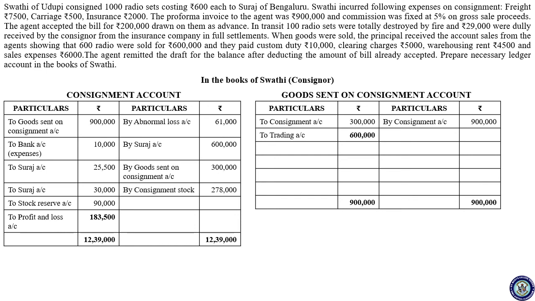So they have asked you to prepare the ledger accounts in the books of consignor, that is Swati. We have done that. In the incoming week, you have the internal examination, right? From Financial Accounting 2, you have to study 2 chapters. You have one more class on Wednesday where I will wind up the second chapter. Till then you have to study for your first internal examination, that is the first chapter, accounting from incomplete records, and consignment account.